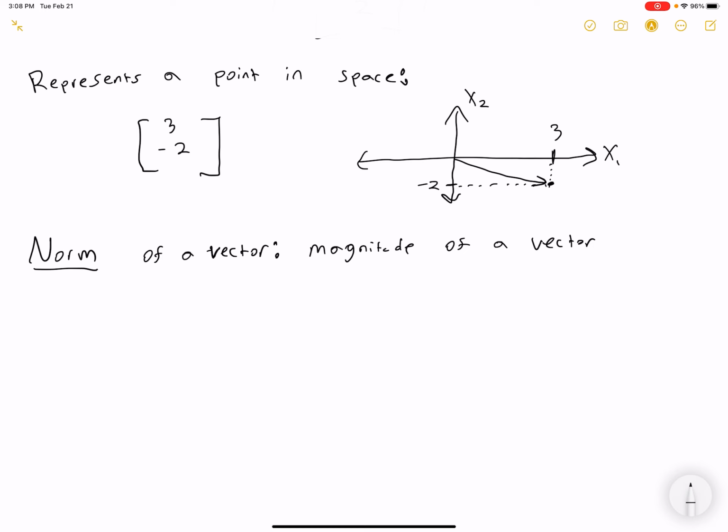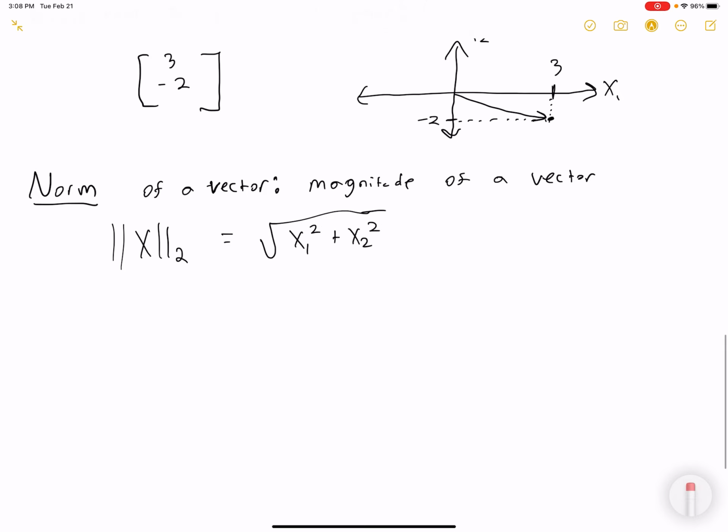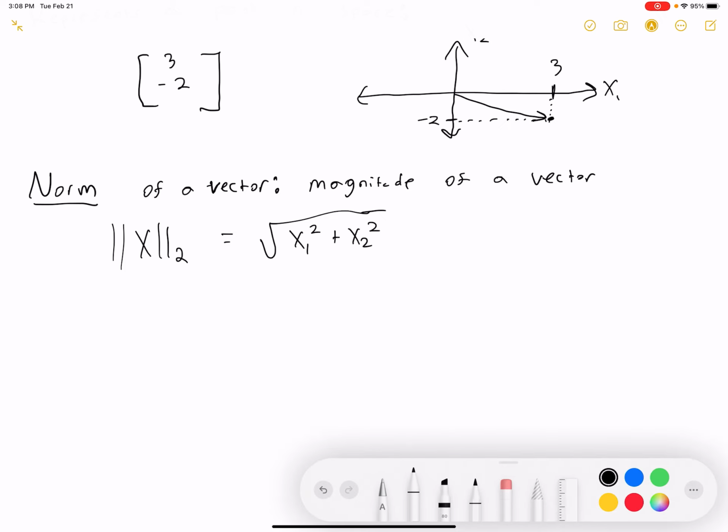And the equation in 2 dimensions, what we call the L2 norm, is the square root of the sum of the squares of each of the components of the vector, and the reason why is simply the Pythagorean